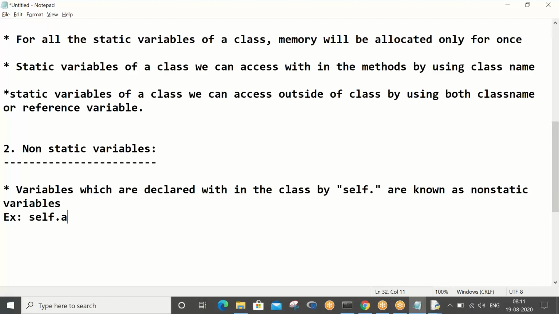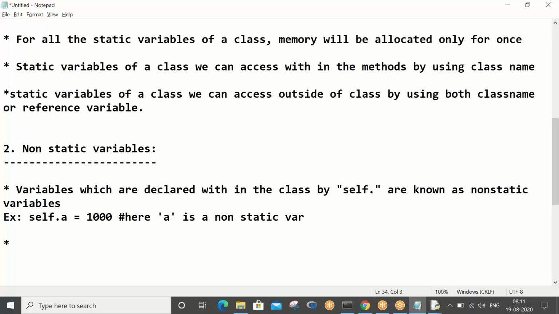Self dot a equals 1000. Here a is a non-static variable. That's the point you have to understand. This is how you declare non-static variables.